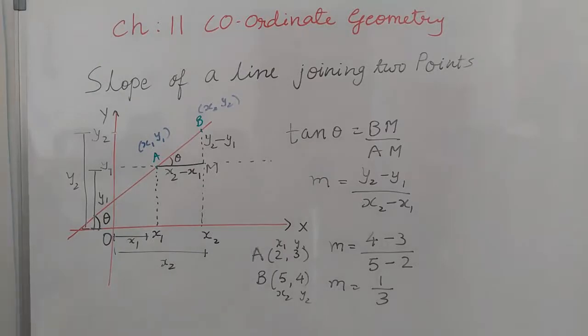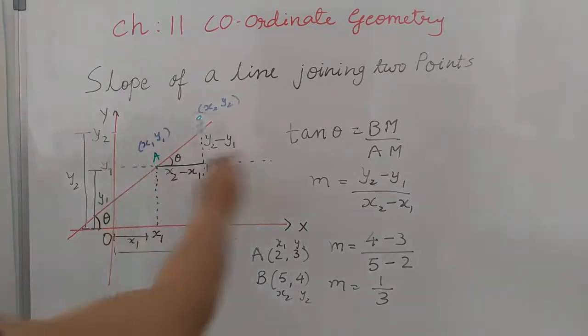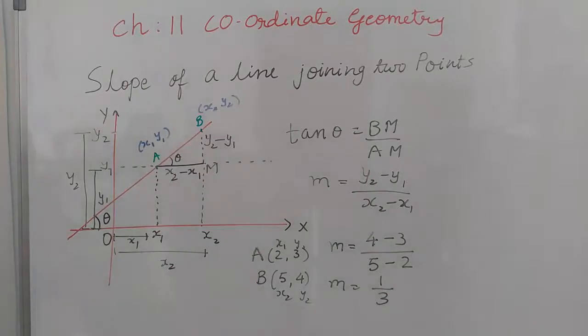So this is very important. Today we have learned three things. One is what the slope is, the definition of slope. The second is the formula, or how the angle theta is formed in different cases when the line is drawn. And the third is the line joining 2 points, when we want to find the slope.